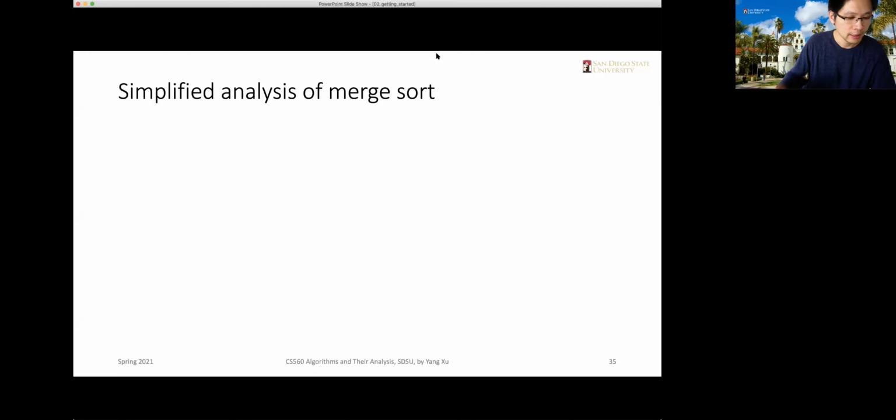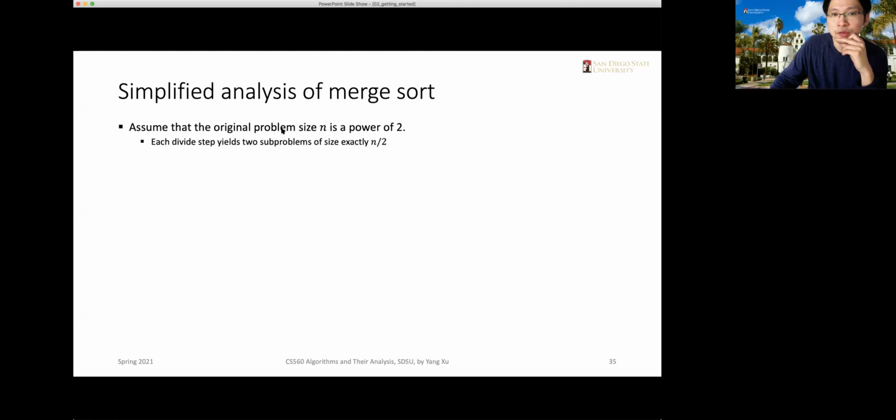Okay, so in our last lecture, we first introduced the concept of recurrence equations. And we used that as a tool to represent the running time for merge sort. This merge sort is the first divide and conquer algorithm that we come up with in this course. And now let's have a brief review about how we solve the sorting problem with a divide and